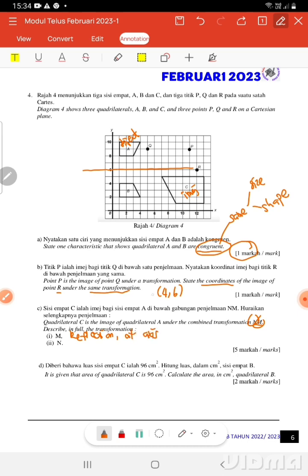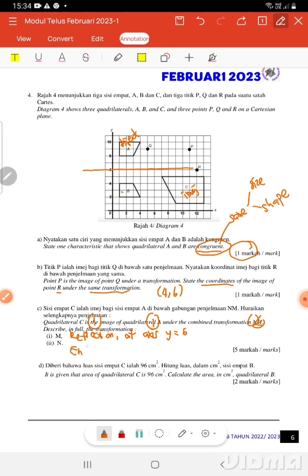Okay, so Y equal to 6. 1 mark, 2 marks. Then you have balance 3 marks. Okay, so 3 marks. From B go to C. From B to C we know